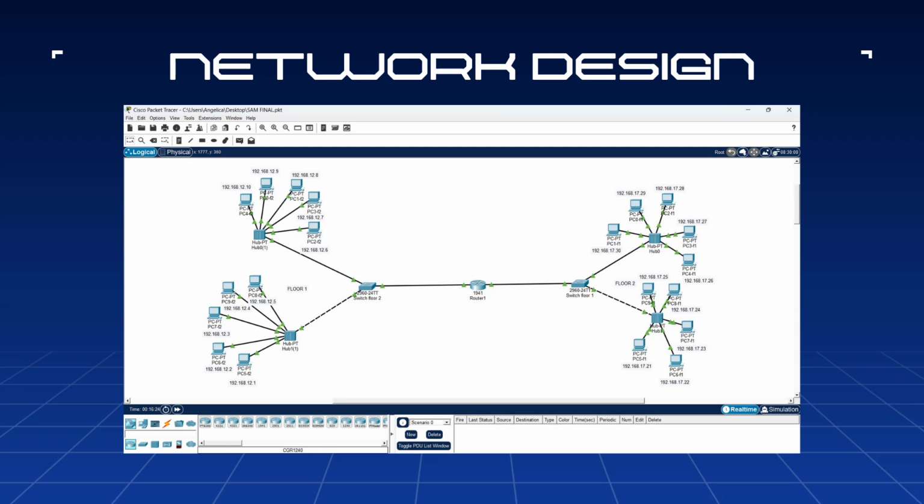Each floor operates on a different subnet. Floor 1 is 192.168.12.0/24 and floor 2 is 192.168.17.0/24. The router acts as the main gateway for both networks, facilitating data transfer and connectivity between the two subnets. Ethernet cable is used to interconnect all devices, PCs, hubs, switches, and the router, ensuring reliable wired communication through